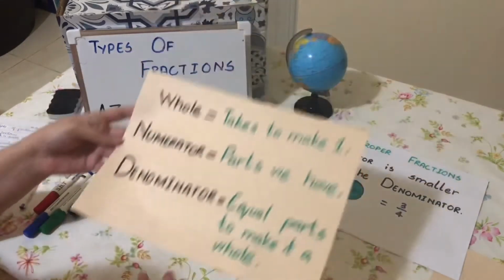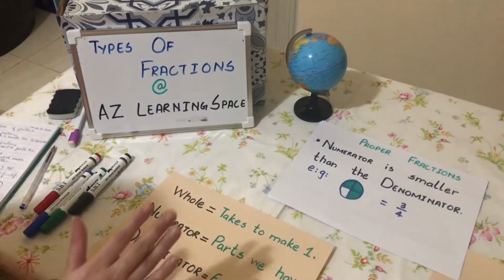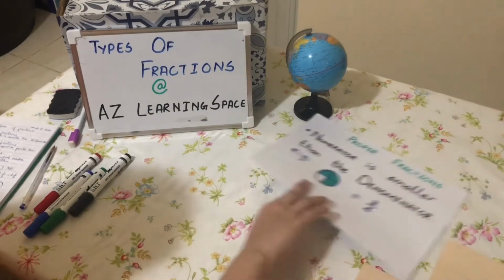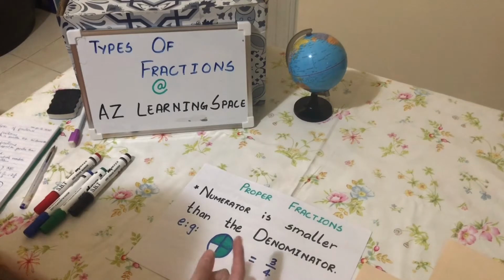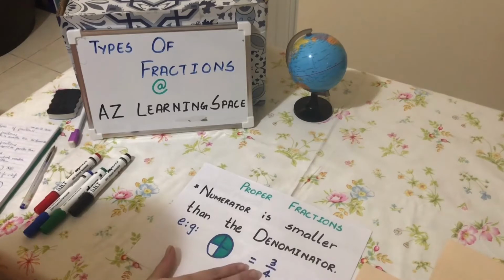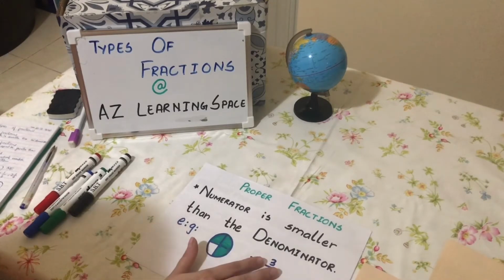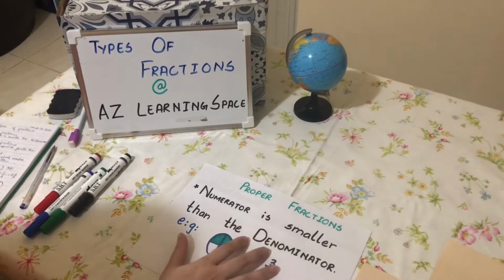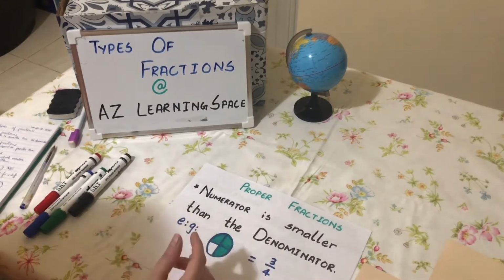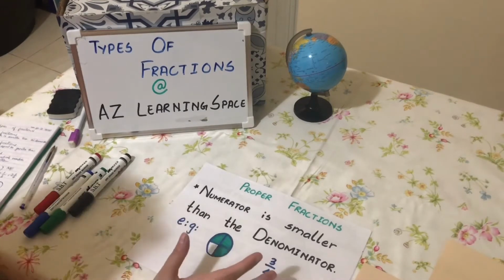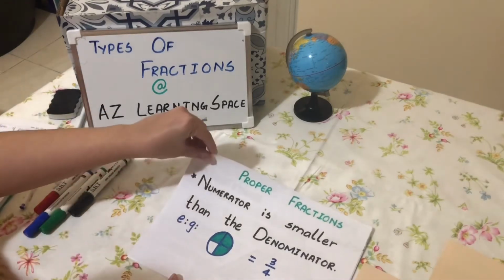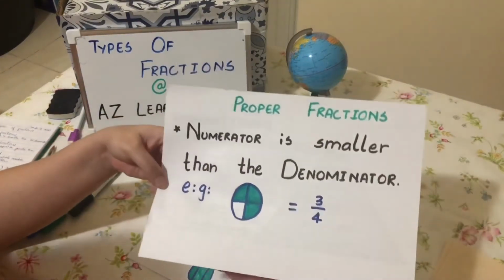So today we will continue from here with the types of fractions. In mathematics we have 3 types of fractions: proper fractions, improper fractions and mixed fractions. This video is only about the types of fractions and how we can understand the numerator and the denominator in them. For addition, subtraction and calculation, we will have a separate video.